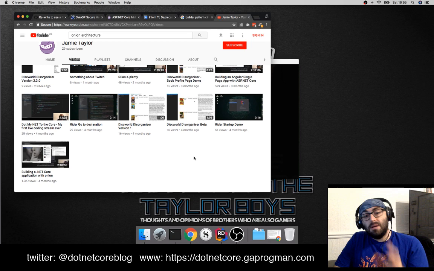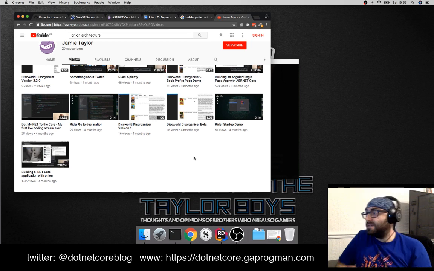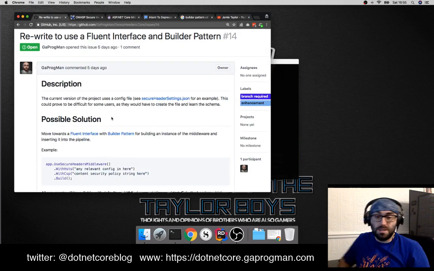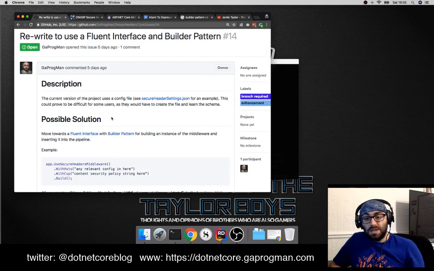But the point I was driving at earlier on is, what I've done is I've taken OwaspHeaders.Core, which is my open source project, which did use a JSON file to do some stuff. I've replaced the JSON file with a builder pattern, and the builder pattern now works flawlessly, as you've seen. I do need to make some changes to the builder because it's not optimal, but the first pass,